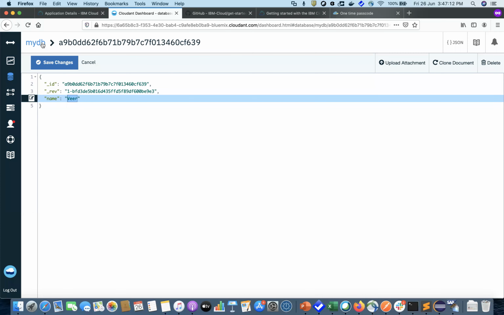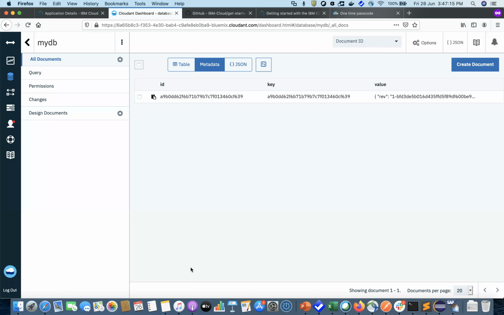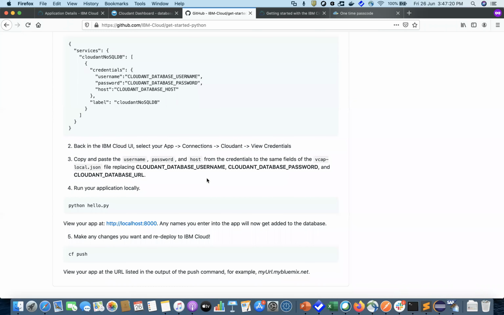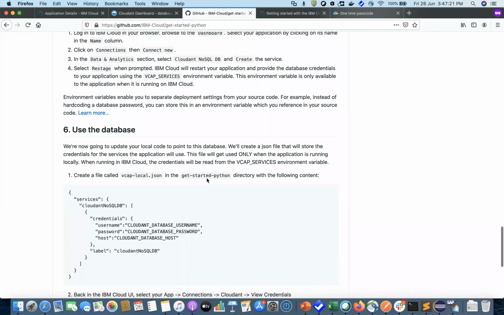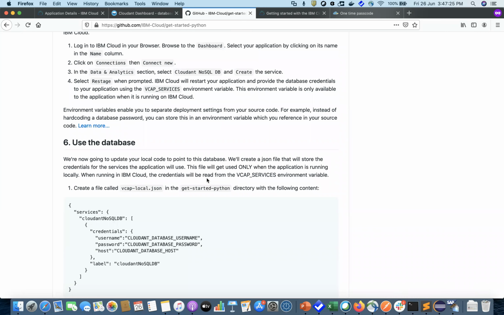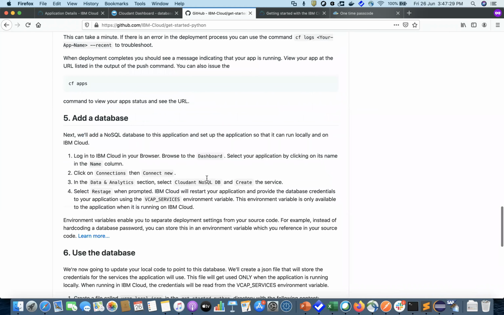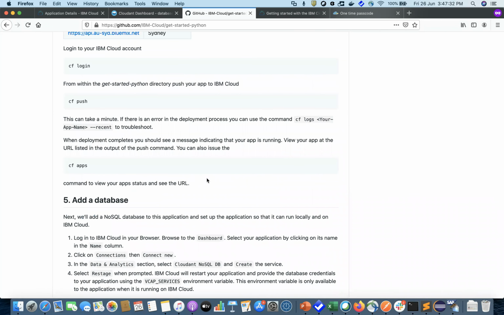Okay, for those who have actually entered their names, you could see those records getting created here. So this is very simple. For most web applications, this is what we need: database connectivity and a simple Python application. So these are the basic simple steps we have.